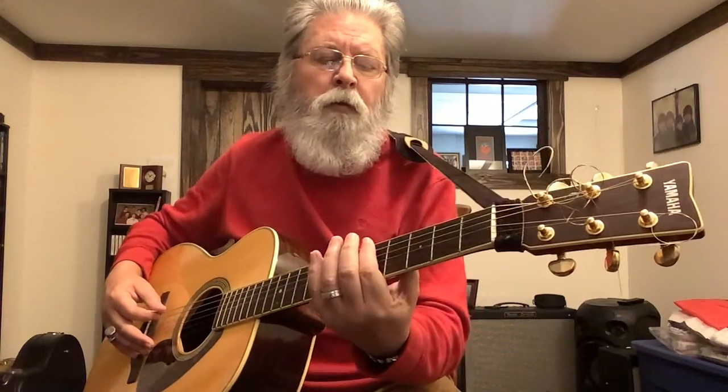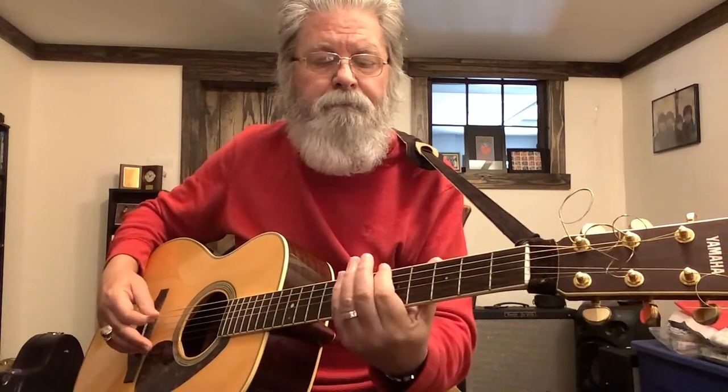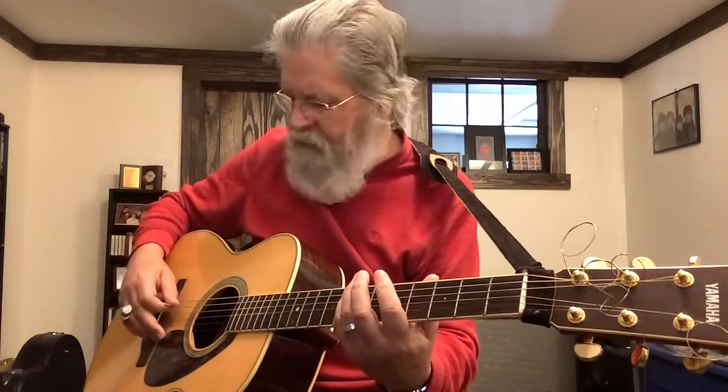Another way you can do it is by using harmonics. Now, harmonics are a thing where if you want to do a harmonic on the 5th fret, you're going to put your finger immediately above the fret closest to the body, and like that. And you're not even going to push it down. You're just going to allow your finger to rest on the string, and then you take it off. Some of you remember Yes's song Roundabout. Those are harmonics, okay? So here on the 5th, and then on the 7th, on the next string,